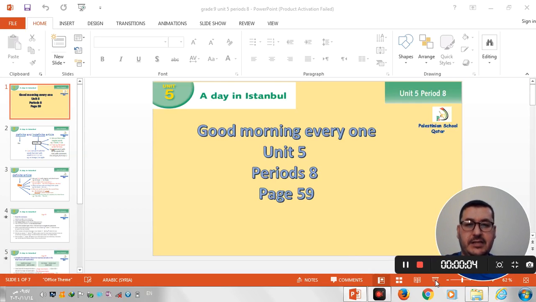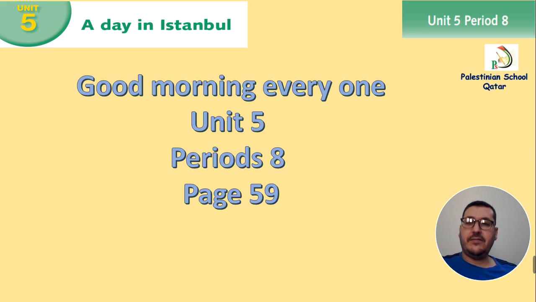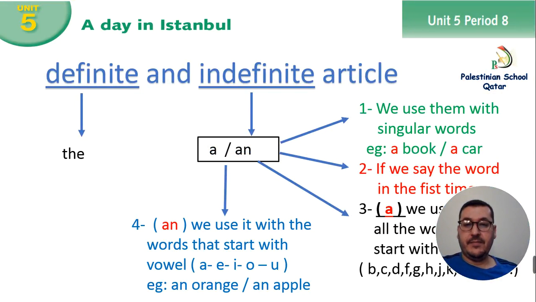This is Ilyas Hariri, and today we have Unit 5, A Day in Istanbul, Unit 5, Period 8, page 59. At the beginning, everybody, we have our grammar lesson. Let's start with